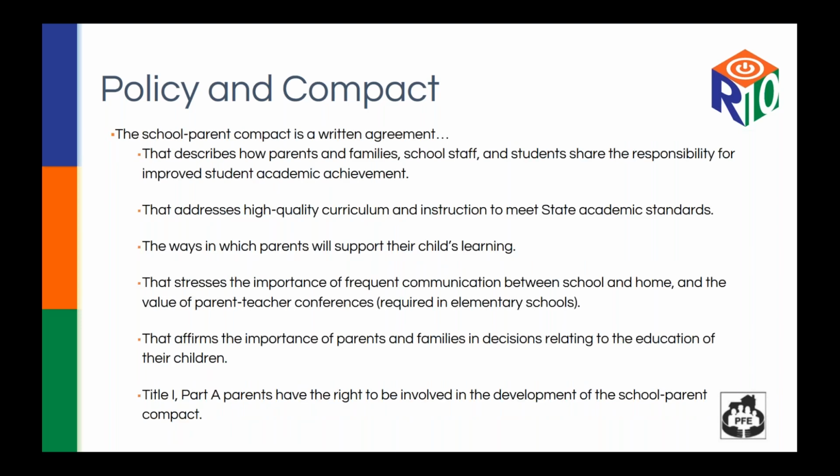The School Parent Compact is a written agreement, and it describes how parents and families, the school staff, and students share responsibility for improving student academic achievement. It also addresses high-quality curriculum and instruction, and ways in which parents can help support the learning. It stresses the importance of frequent communication between school and home, and the value of parent-teacher conferences. It also affirms the importance of parents and families in decision-making. And Title I Part A also notes that parents have the right to be involved in the development of the